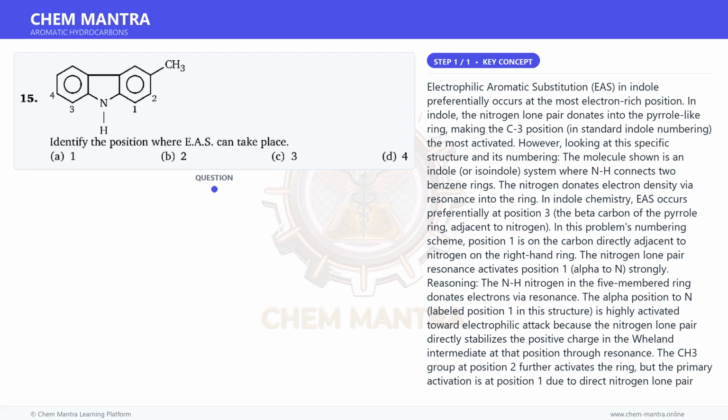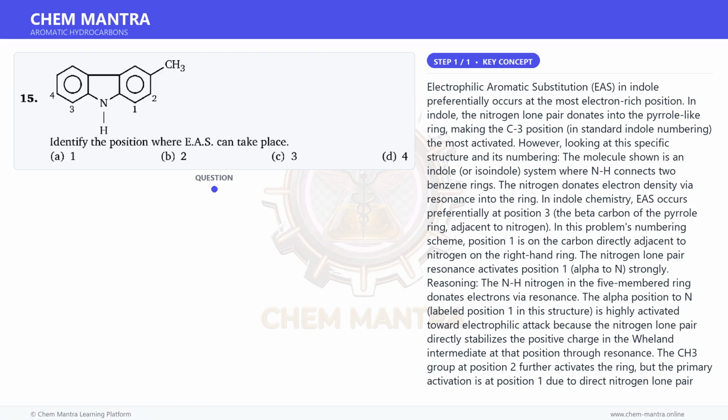Electrophilic aromatic substitution, EAS, in indole preferentially occurs at the most electron-rich position. In indole, the nitrogen lone pair donates into the pyrrole-like ring, making the C3 position, in standard indole numbering, the most activated. However, looking at this specific structure and its numbering, the molecule shown is an indole, or isoindole, system